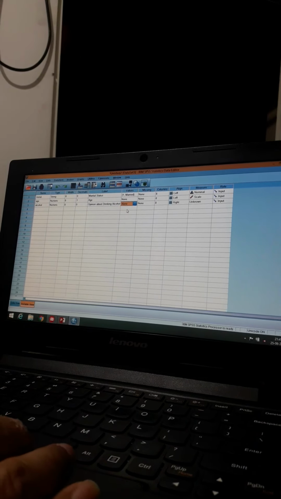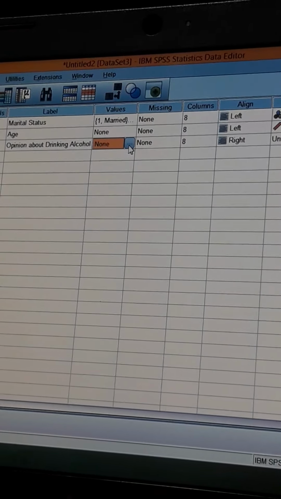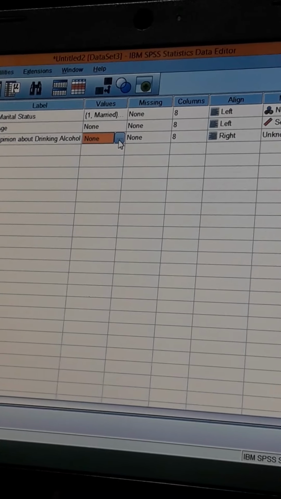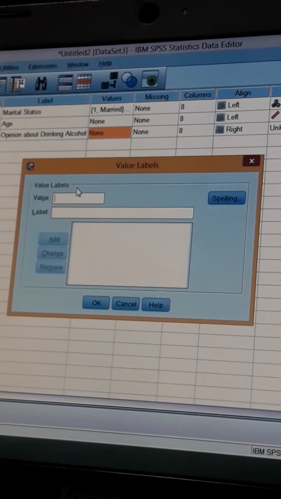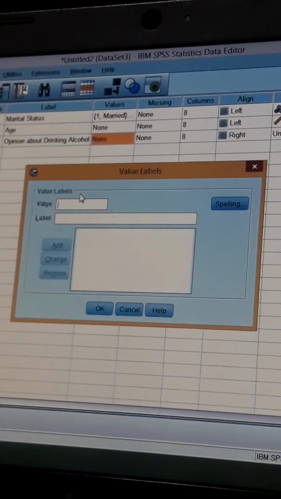And here we have to write the values. So we click those 3 dots after none and we now label. So there are 1 to 7 points by which we are going to measure the opinion about drinking alcohol.